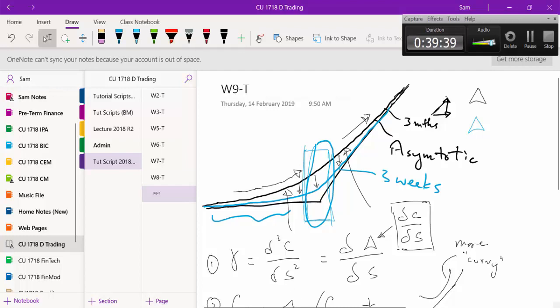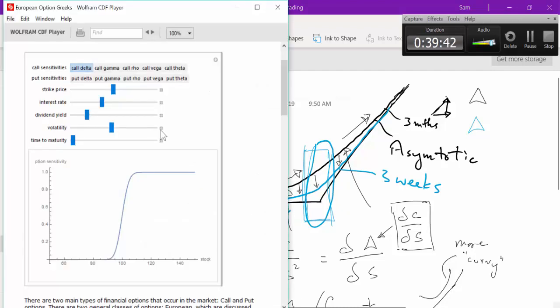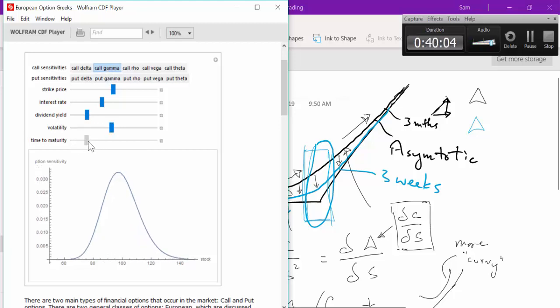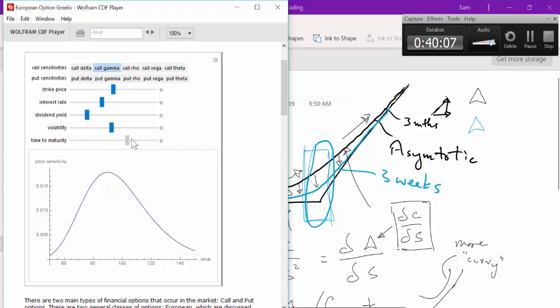And you can see that here if you switch to the gamma. So I'm now going to switch to the call gamma. Okay. Now, actually, that line is supposed to join. The reason it's not joining, it looks like it's cut off, is that it's gone all the way up to infinity. But it should normally look like this. Okay. Now, this is the gamma of a call option with regard to